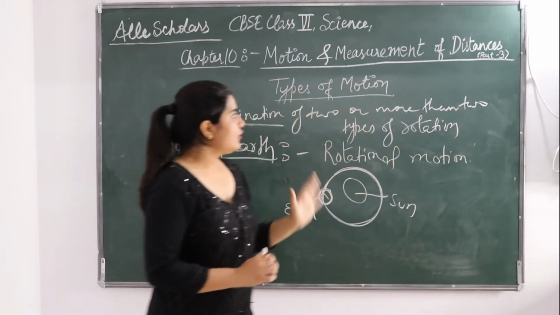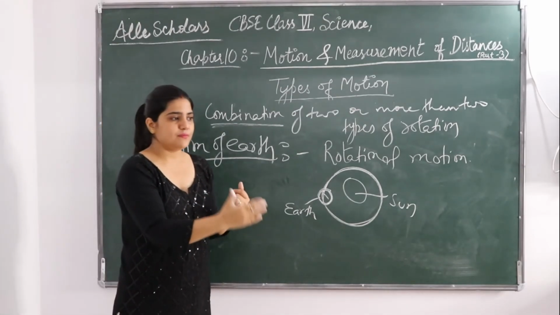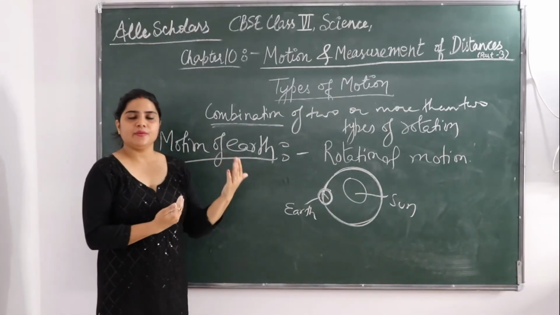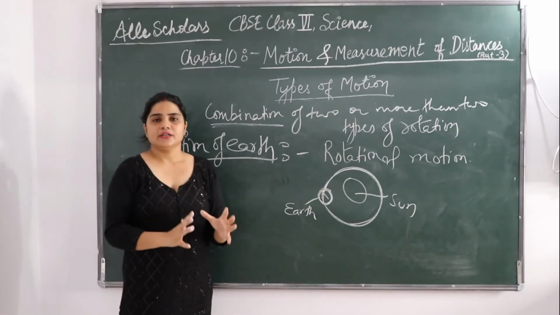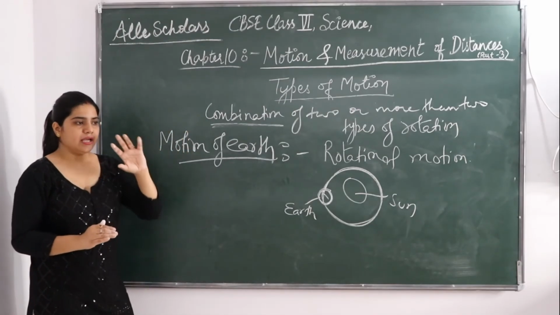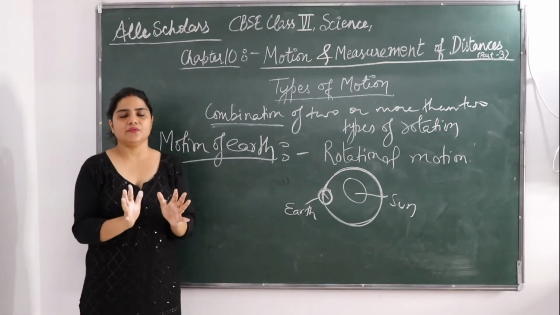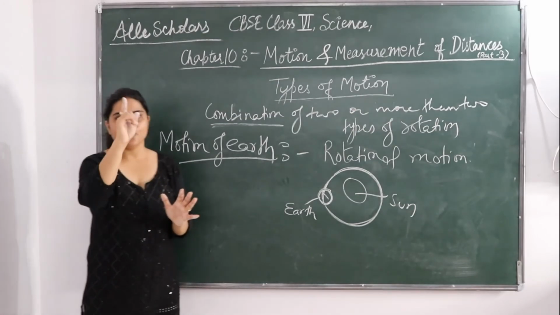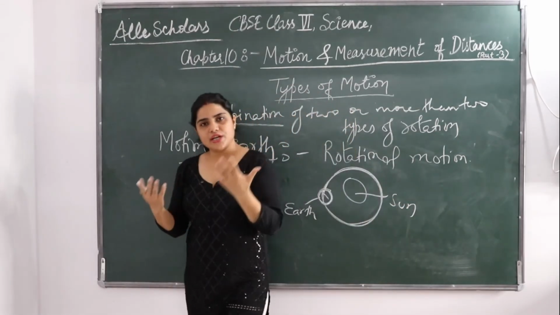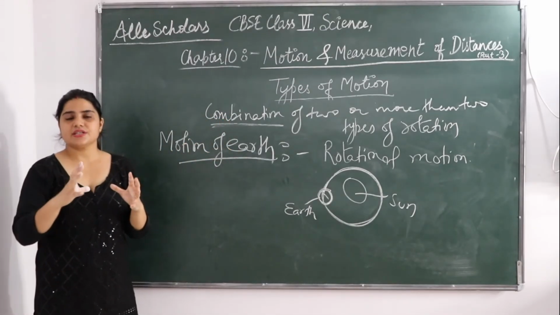Okay, so in this part of the video we have seen that motion is a change in the position of an object with respect to time. The change in the position can be determined through the distance it has traveled. How is the position changing? According to the distance it is covering. But in some cases they are not covering the distance, like in circular motion no distance is covered, but it is moving in a circular path. So motion can be slow, motion can be fast, depending upon the time, the distance it is covering in a given time.